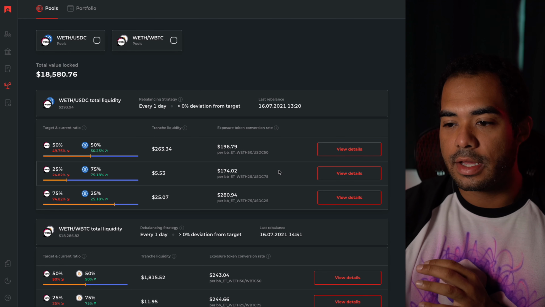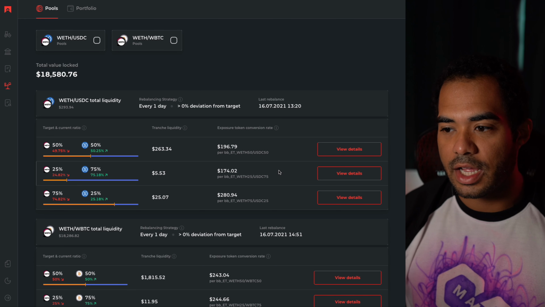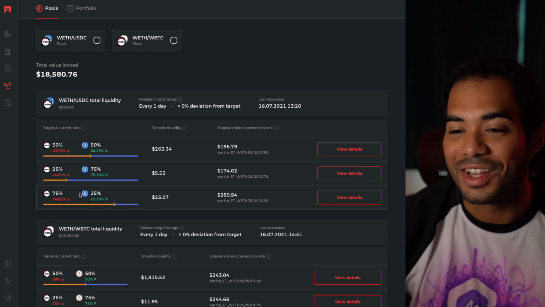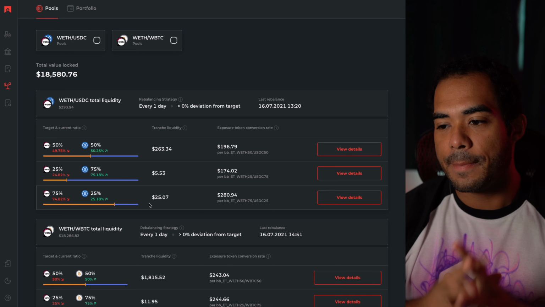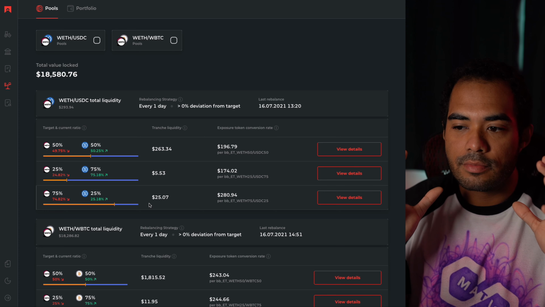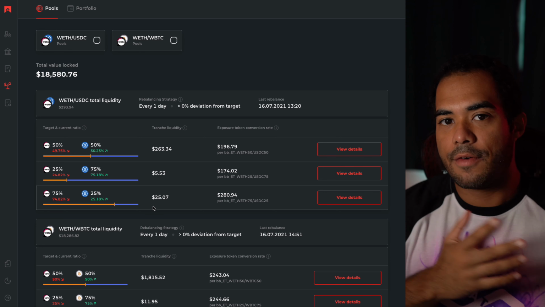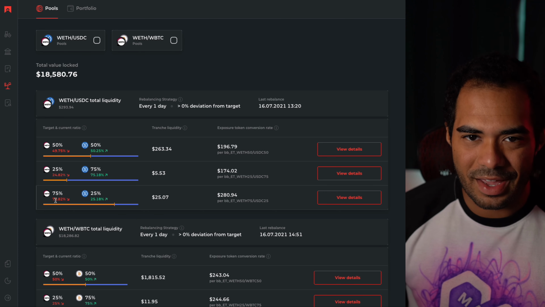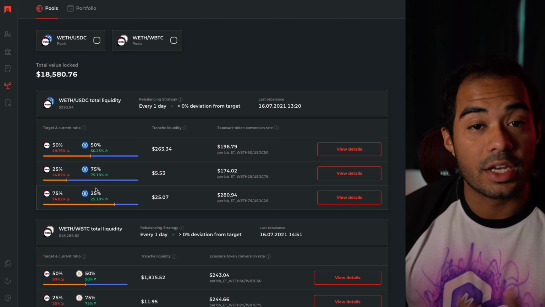But the main part that you're going to want to keep in mind is that you can see there are different positions in which you can provide liquidity. In this case, again, this is another tranche. Love me some tranches. And the main point of this is, think of it as, let's say you wanted to hold your coins, right? In this case, I want to hold half ETH. No, actually, I don't want to hold half. I'm going to hold 75% ETH, okay? Let's say I want to hold 75% ETH, and I'm holding 25% USDC.